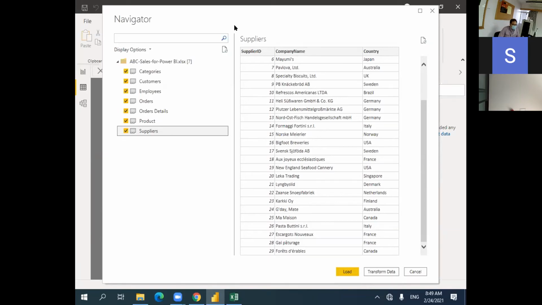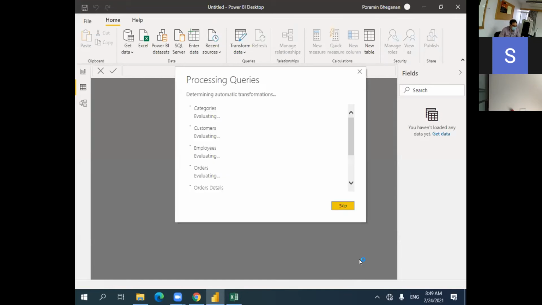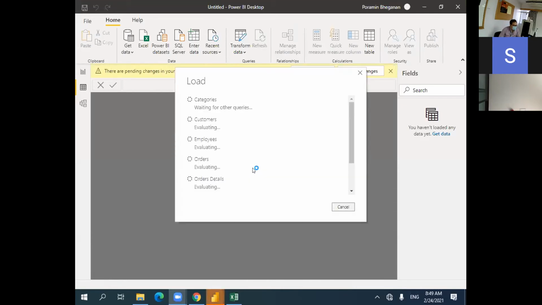Here, if I don't know anything, I load it first and let's see what's going on. So I will load the data into Power BI. It takes some time. Now Power BI will evaluate your data. They call this process processing queries. When they have processed, they start loading all the data into the memory,